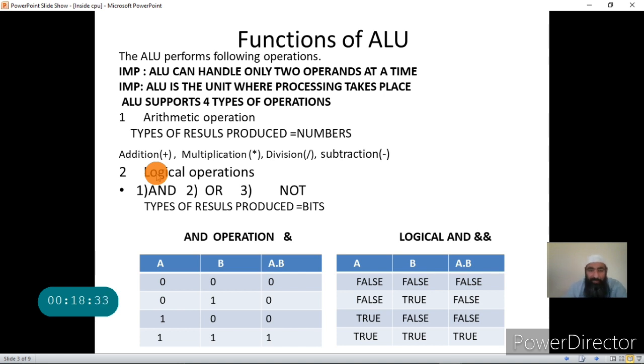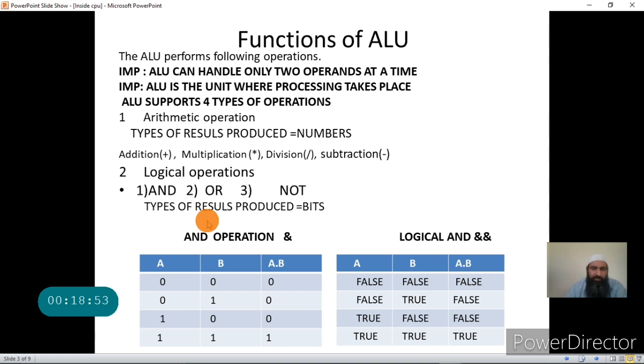There are more than that a processor can perform, but I'll handle three basic ones: AND, OR, and NOT.